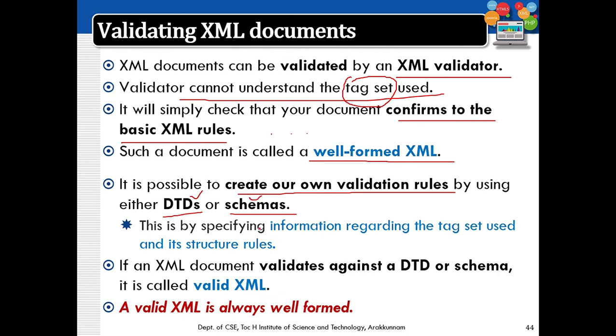If such a file is there and a linkage is there to the rule file, then the XML document is validated against the DTD or schema, and such an XML which follows all the rules mentioned in a DTD or schema is known as a valid XML. A valid XML will always be well formed. First, the parser will check the well-formedness, and then if a linked DTD or schema is there, the validity is checked. So valid XML means that the XML is well-formed XML. So remember the terms valid XML and well-formed XML.